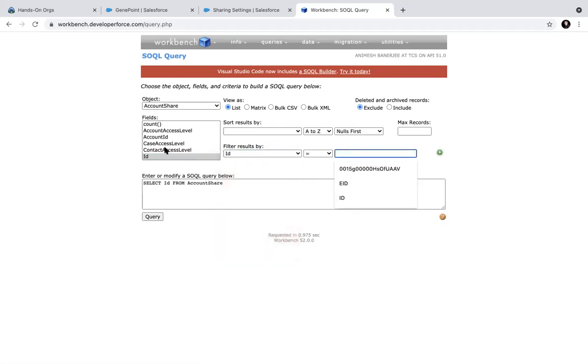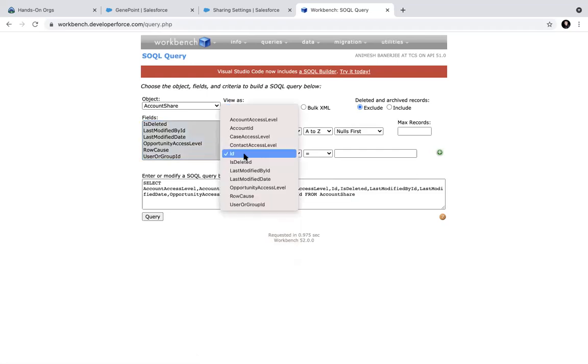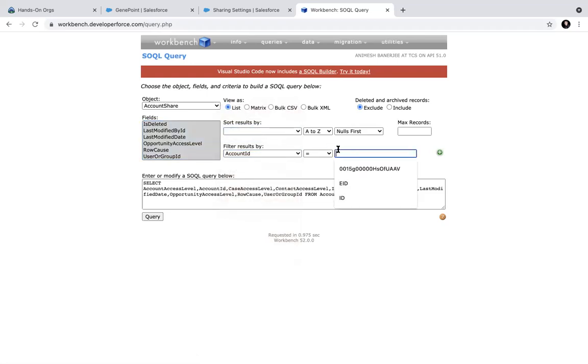Oh, sorry, I was checking the wrong one. It should be account ID, right? I will select everything and I will select account ID here.